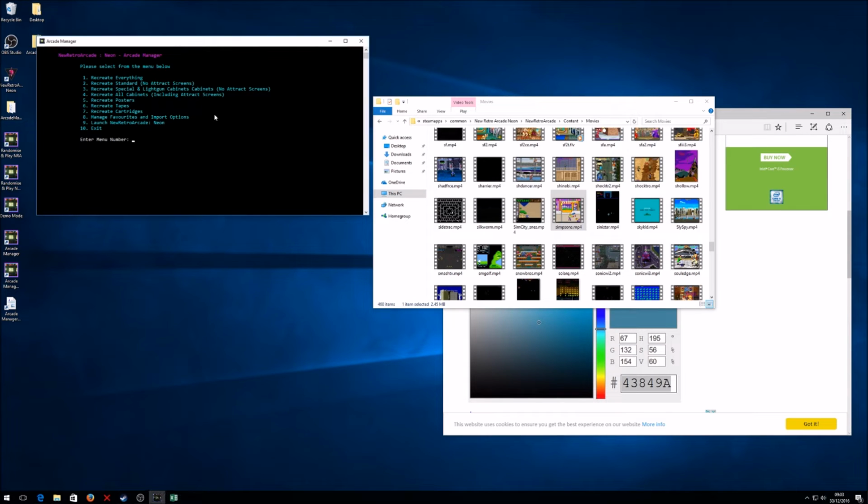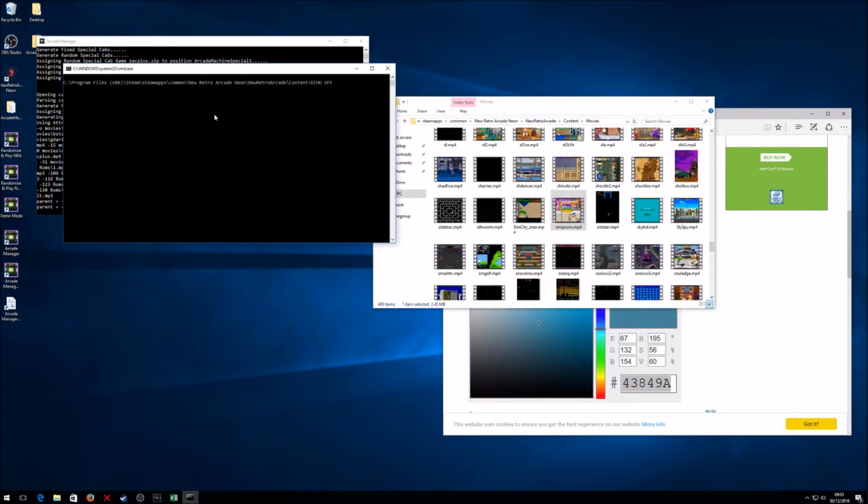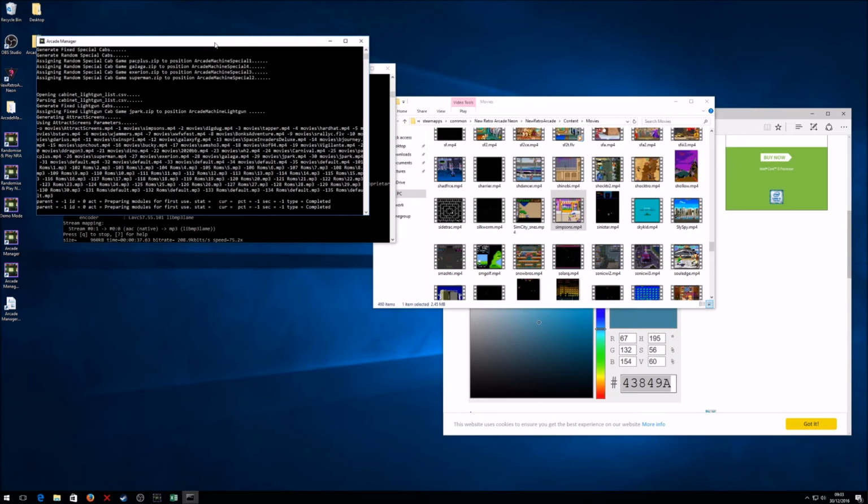And what we'll do is we'll recreate. I've already got that open. So this time I'm going to recreate everything. I'll press 1 and enter. Again, if you look through as it's generating the MP3s and the actual attract screen files, if you look through